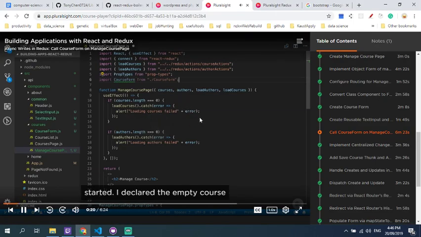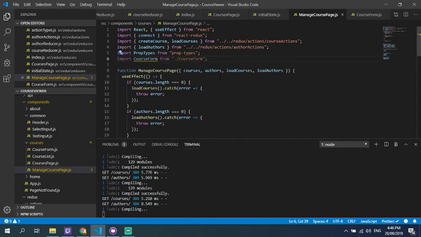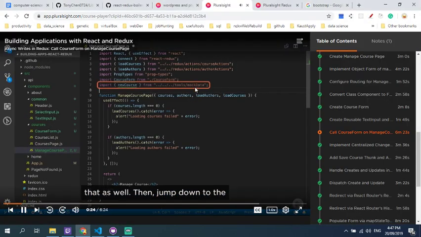I declared the empty course structure in mockdata.js, so let's import that as well. Then jump down to